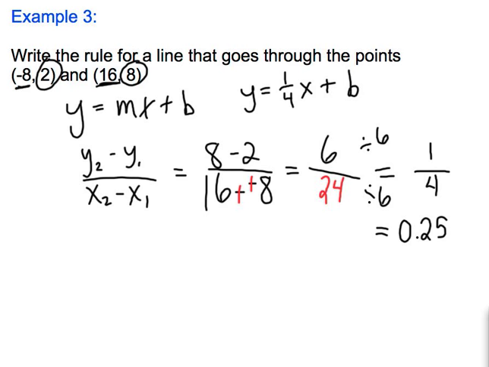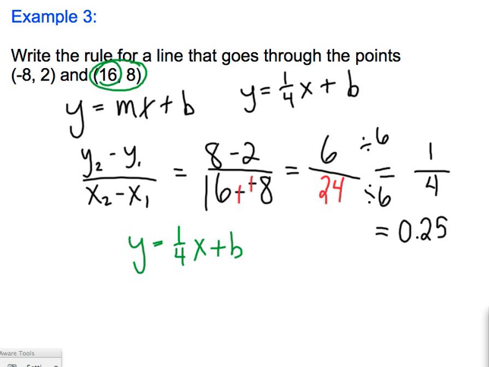But it's best to try and leave things in fraction form, especially if we're trying to graph things. They're a little bit easier to graph when they are fractions versus decimals. So we're going to keep 1/4 as our value, and we already have one part of our rule. Our rule right now is 1/4 x plus b. So once again, I'm stuck because I do not know b,